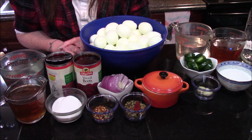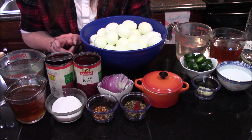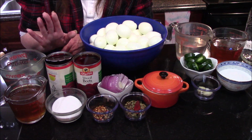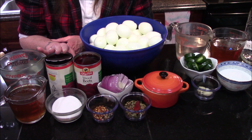Today I'm going to be doing another bar snack recipe, and this one is for pickled eggs. And I'm going to be showing you two different versions of the kind that I typically make. The first one is my favorite, which is the pickled beets, and the ingredients we are going to need for